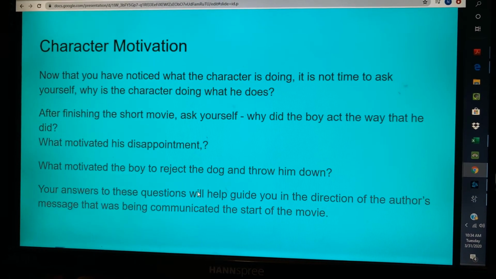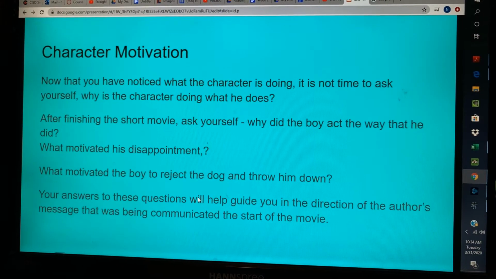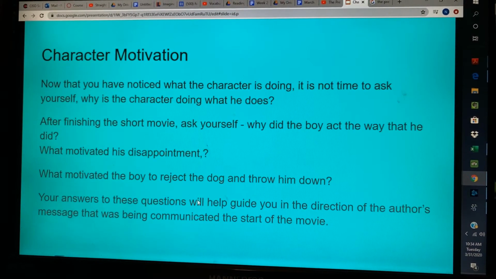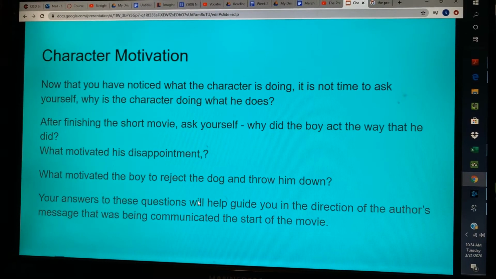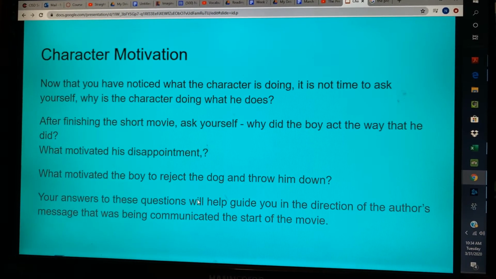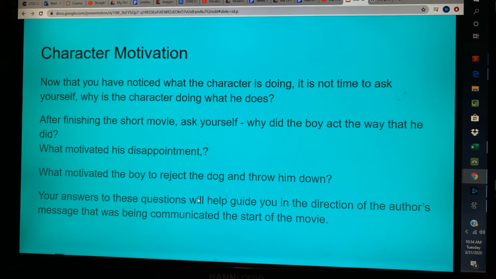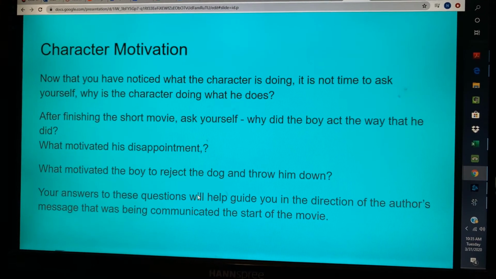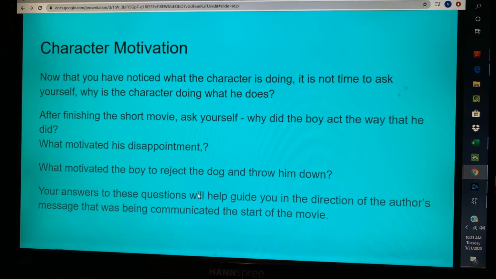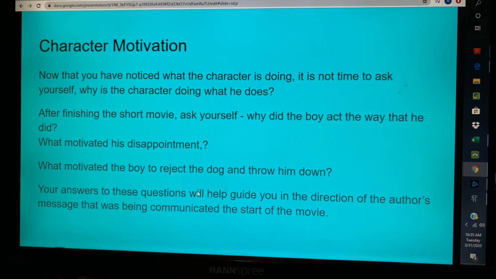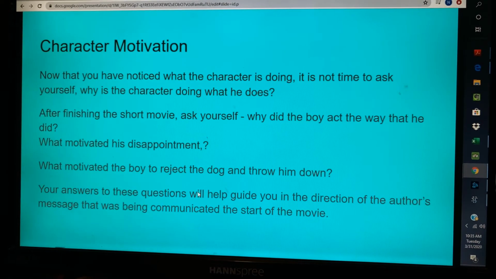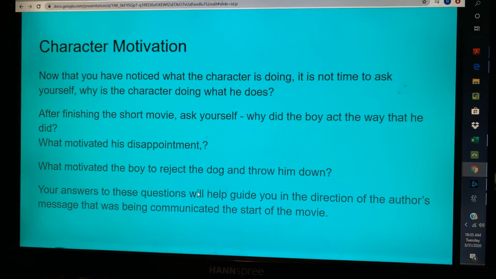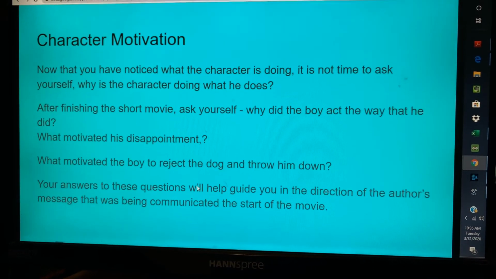Now, as the story ended, we got to see the boy and we recognized, oh, he had a missing or an amputated leg just like the dog. And so his reaction to the dog in the beginning might really reflect what's going on, how he's somewhat disappointed and how he feels like nobody wants to play with him. All of these things help us see what's going on. And then at that point in time, it shows us, wow, maybe we shouldn't behave this way. Maybe we should act more like the boy in the end of the movie and not at the beginning. That helps guide us towards finding those bigger, deeper themes.